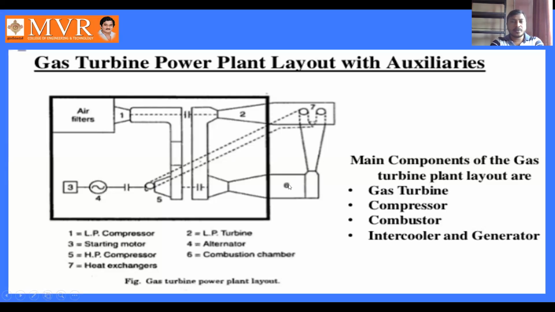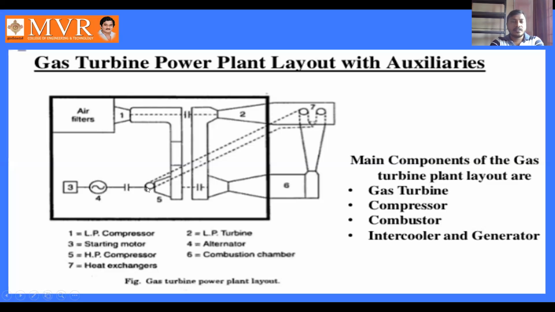combustion chamber. Here the combustion takes place using the fuel, when air and fuel mix, and it enters into the high pressure turbine. In the high pressure turbine, the kinetic energy which is raised in the combustion chamber, the gas comes into this high pressure turbine, and the heat energy is converted in the turbine into mechanical energy. The mechanical energy enters into this alternator, where the alternator converts the mechanical energy into electrical